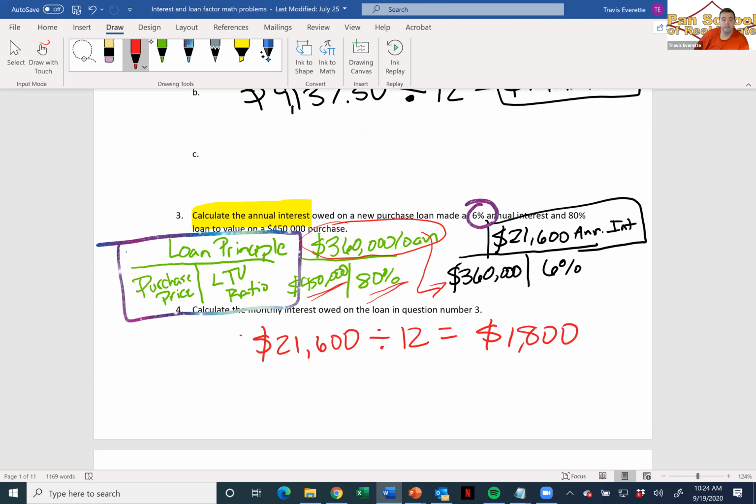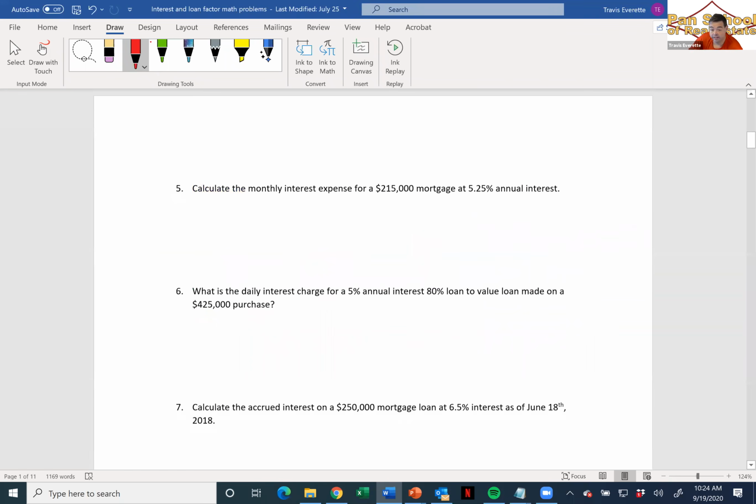That's right. It's the same thing. But the big thing to recognize is I can't get to an interest payment without knowing the loan amount, and I was never told the loan amount. So I have to get there first. Let's look at number 5, Charlene, because that's sort of the whole thing tied into one little neat package.